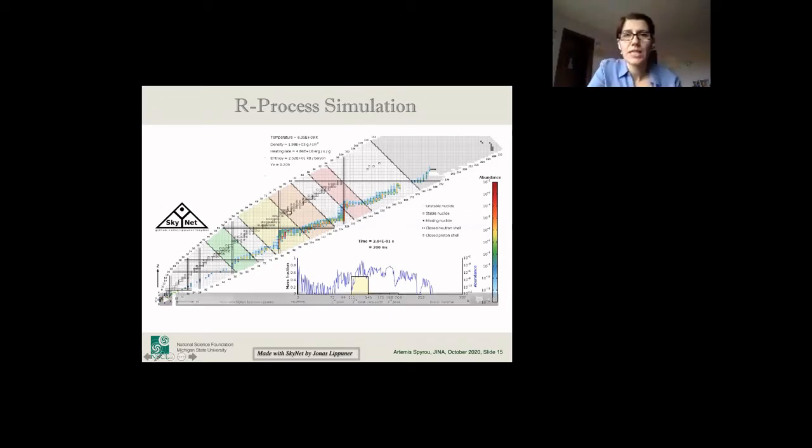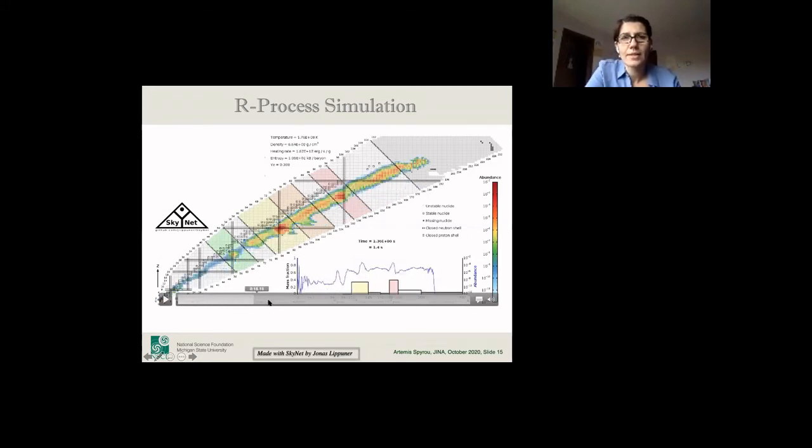This is actually pretty significant because you just accumulate matter around, you see the red colors here, you accumulate matter around those magic numbers. And that matter, if we go to a little later time, you can see this propagates as everything decays back to stability. This accumulation of matter, these red regions, propagate all the way to the stable isotopes. You can still see it here and here. And this is our abundance plot again, similar to what you saw early in the talk. You see little peaks that are formed that come exactly from these magic numbers.